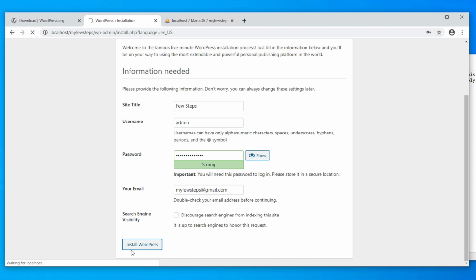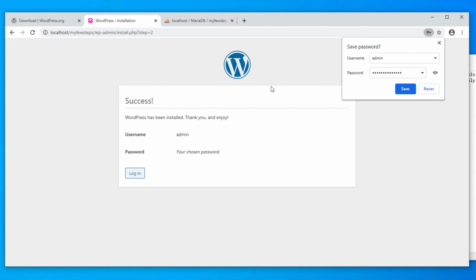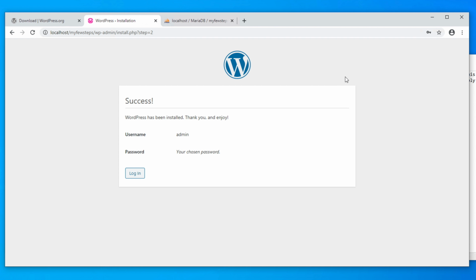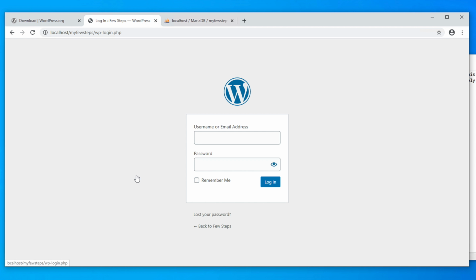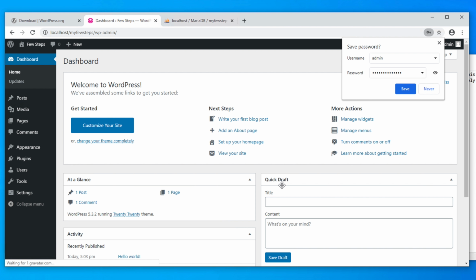Okay, and once you click install WordPress, you have to wait. It will show you a success message that WordPress has been installed. Thank you and enjoy. And this username is admin and the password is the one which we typed. So just click login to enter your site. So we put admin as the username, and then I am typing my password which we typed at that time. And once you type the username and password, hit the login button to log in to your WordPress